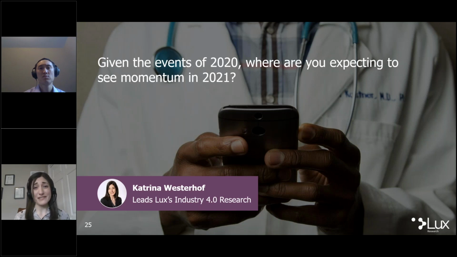Similarly, I'd say data marketplaces are something that we're likely to see some momentum behind. And this is relevant on the consumer side, the health side, also the industrial side. In the immediate term, more likely on the consumer and health side, but another potential way to make data available for a variety of analytics applications. So likely some push there as well. You mentioned privacy, Kevin, and I think privacy enhancing techniques are a big thing to be thinking about here as well. So we've got this abundance now of potentially very sensitive data. So techniques like homomorphic cryptography for analyzing that data without compromising privacy are also likely to see some traction.